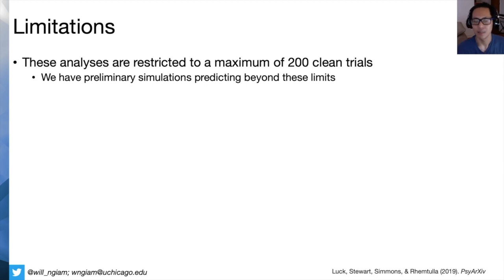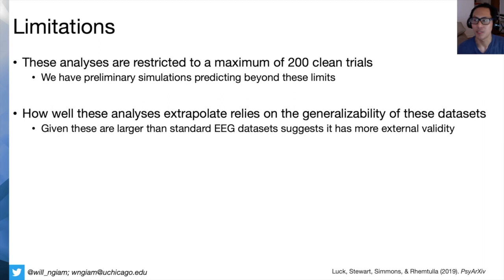So some limitations about these subsampling analyses. These analyses are restricted to a maximum of 200 or 220 clean trials, but we have conducted preliminary simulations predicting beyond these limits, so more to come on that. And how well these analyses extrapolate relies on the generalizability of these data sets. Given that these are larger than standard EEG data sets, I'm inclined to assume that it has more external validity,